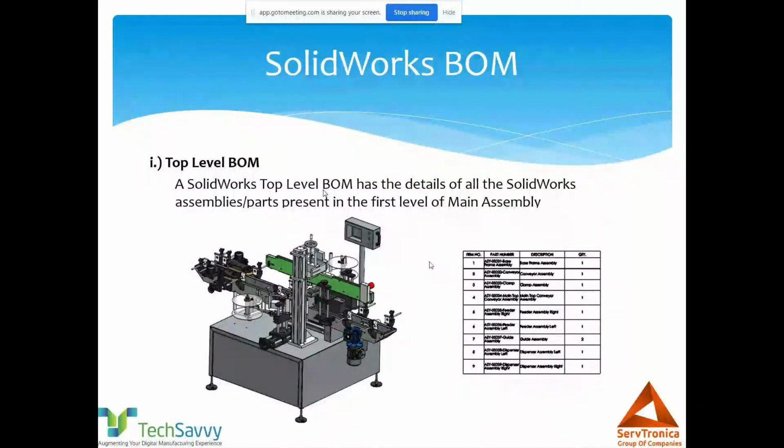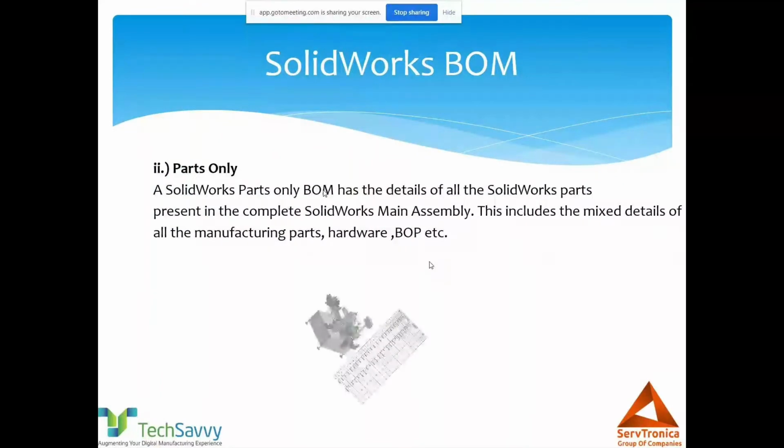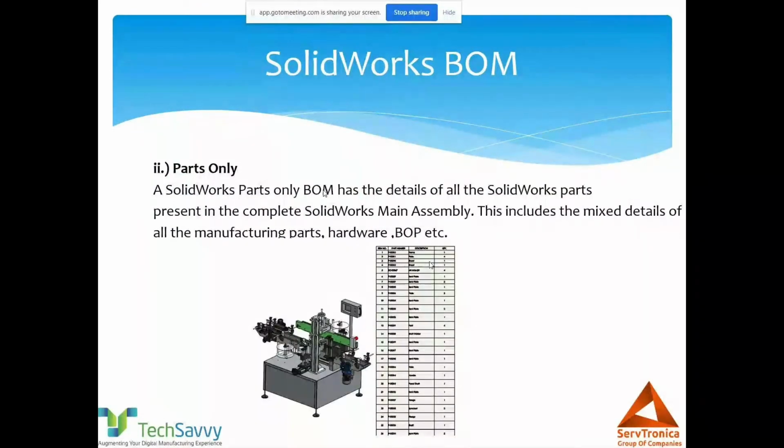This gives you complete details of all the items. It could be an assembly, a part, a hardware, a VOP, anything. All the items available in the first level of the assembly are shown in our top level BOM. Next is the parts only BOM. Parts only BOM is nothing but the details of all the SolidWorks parts available in my machine. When I say SolidWorks part, it's a mixed detail of manufactured parts, hardware, and